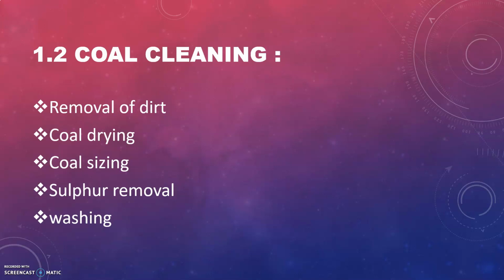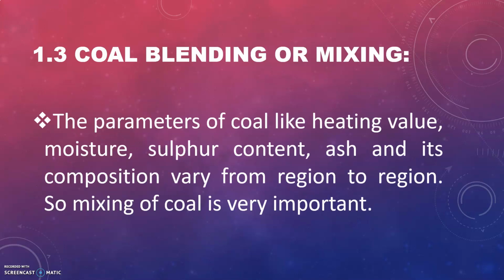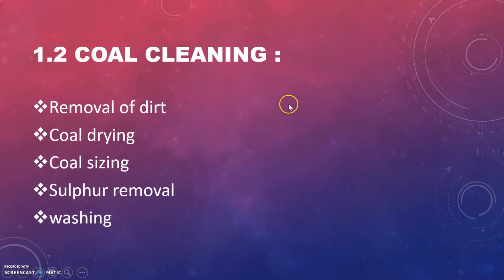Next, coal cleaning. The equipments required for coal cleaning are coal sizing equipments, size classification equipments, coal drying equipments, concentrating equipments and dewatering systems. First is removal of dirt. This is done by passing the coal into primary screening to separate the large coal above 8 cm in size from the small coal. Then the large coal is cleaned by hand and small size coal is cleaned by washing.